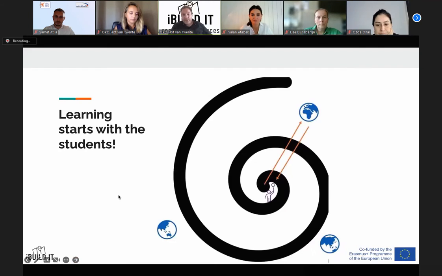So what was really important from the start of this project, and also when talking with the schools in Denmark, Finland, and the Netherlands, is that learning should start with the student. If you see here a nice spiral based on the Fibonacci sequence, the child with the balloon should be in the middle of education. And then, of course, education is a cyclical process. You learn something about a certain topic that will come back to you in more difficult and more intense forms. And basically, as teachers, we prepare the kid in a cyclical way to be ready to find their place in the world.